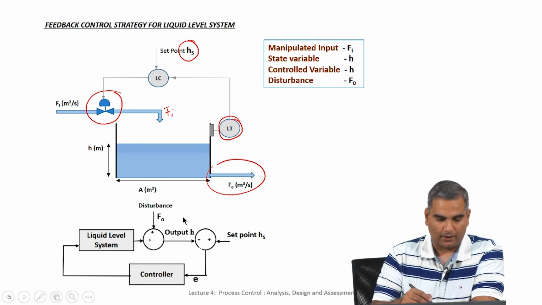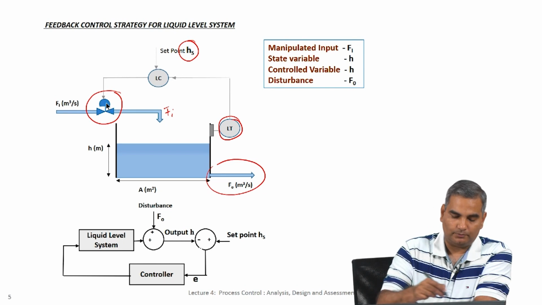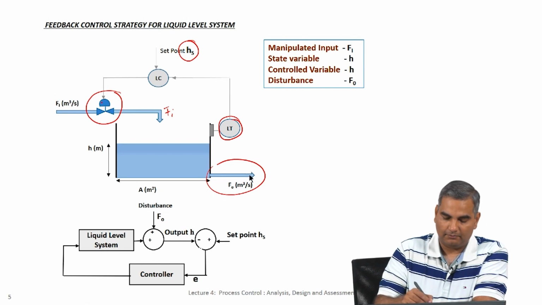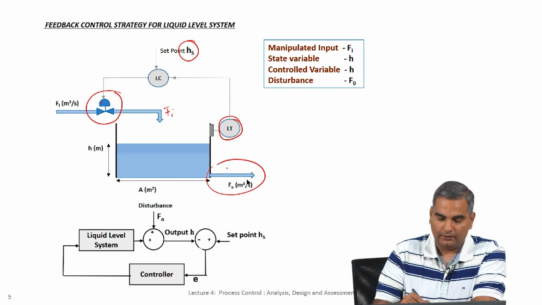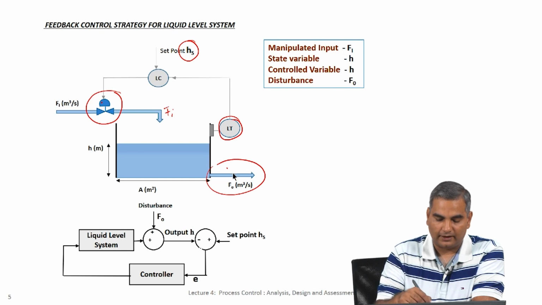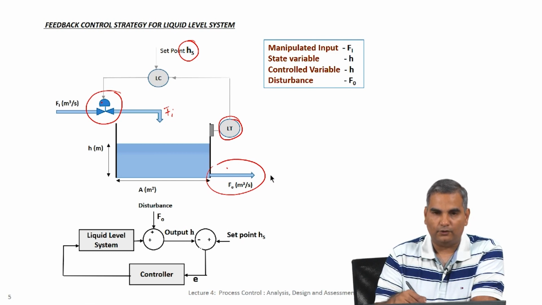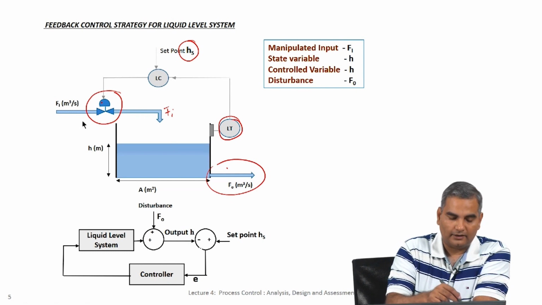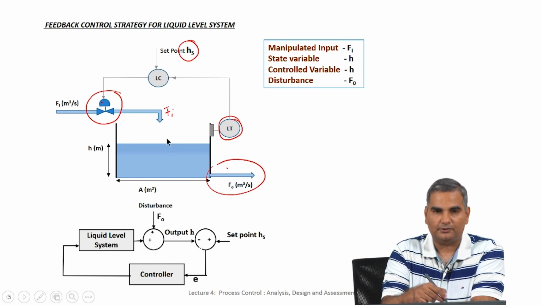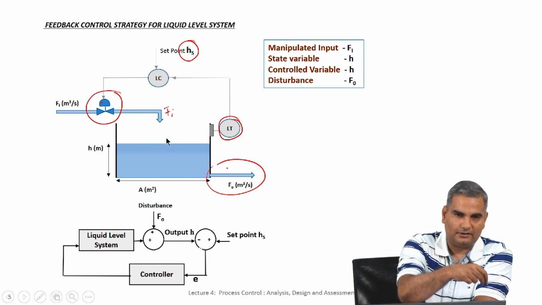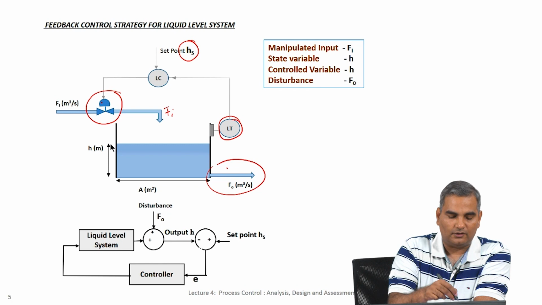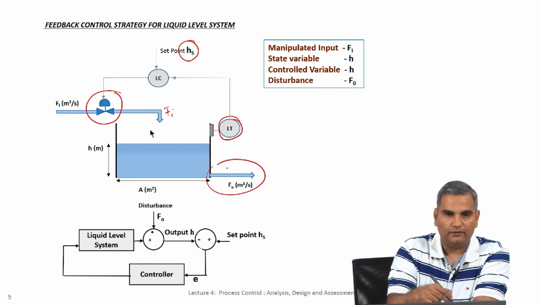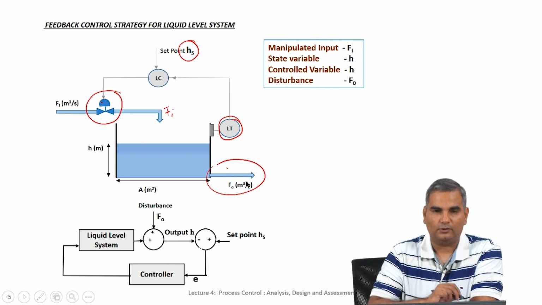Now, for the same problem, one could have chosen to put a control valve not here but here, in which case the manipulated variable would be F naught, because by manipulating the position of the stem in the controller you can manipulate the flow going out of the tank. And in such a case, if there is no control valve here, then this inlet flow will become a disturbance. So, if this flow is coming from some other tank or some other system, whatever are the natural fluctuations in this inlet flow will be counted as disturbances, and this will be the manipulated variable.